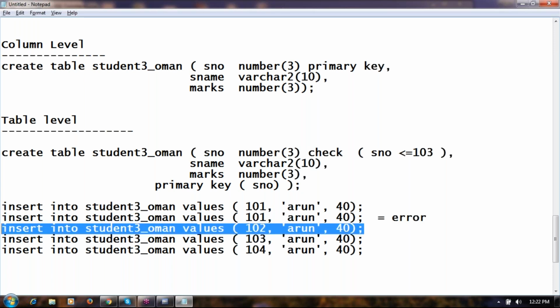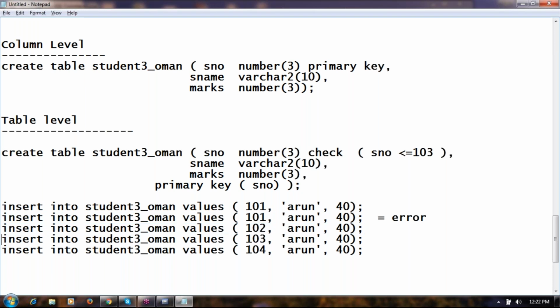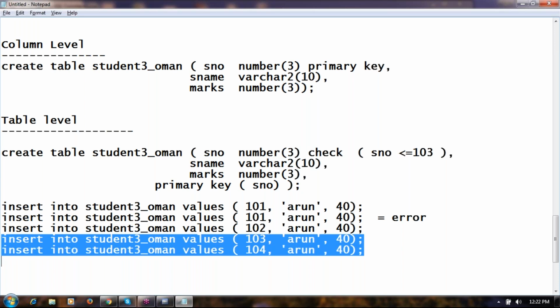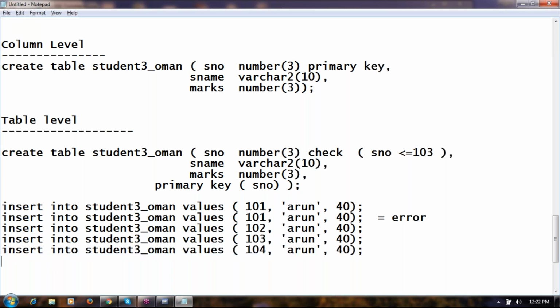Third one valid. Fourth one valid. Fifth one, no. It's exceeding 103.